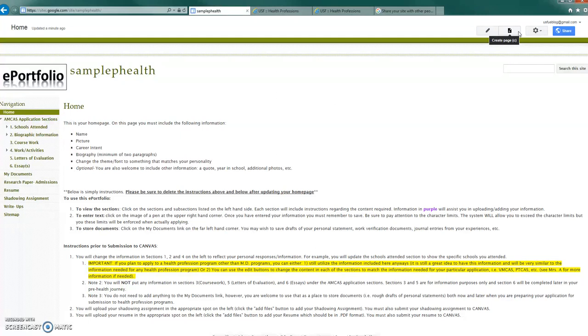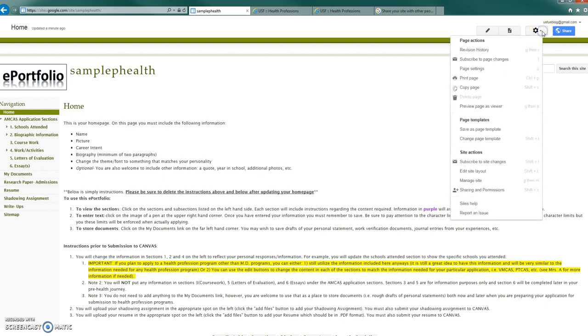So if you were going to use a different type of application, let's say the optometry application service, you might modify the pages a little bit in order to match what you need to prepare for that application. You can also delete pages by going to the More Actions page, which has the gear icon, and then on the menu,